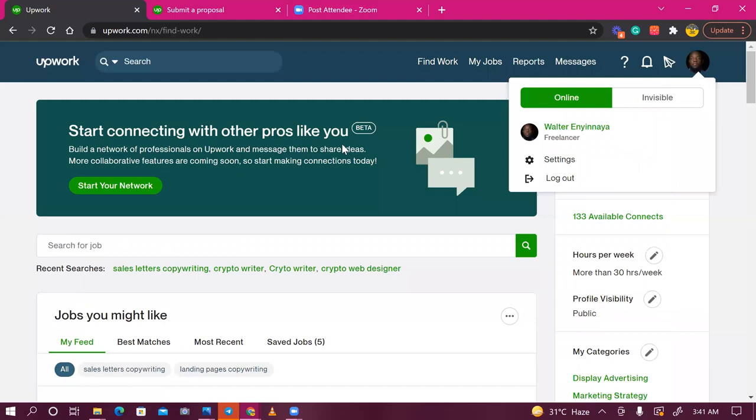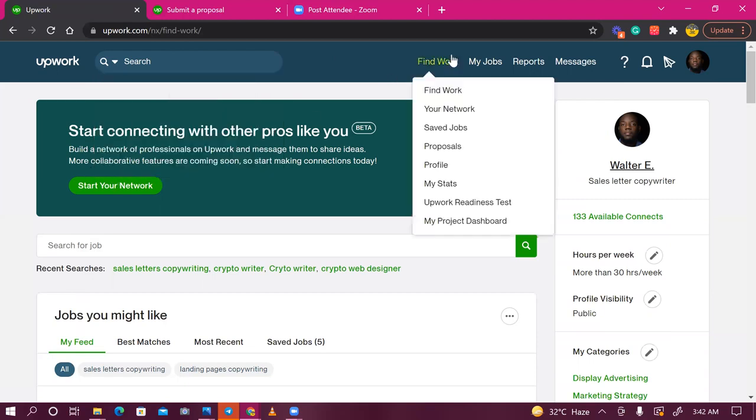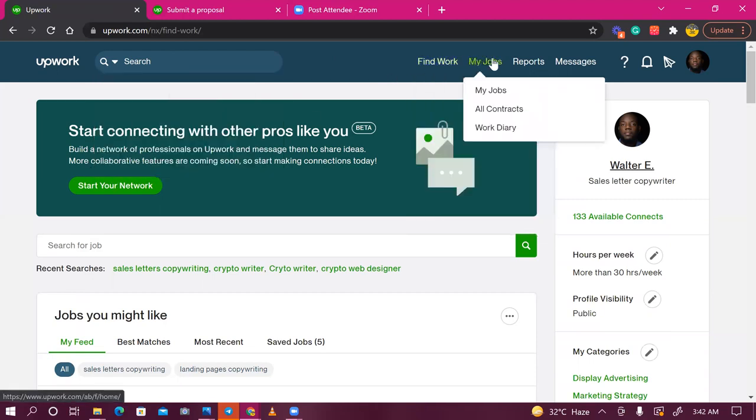Now, the last thing I'm showing you guys for this is quite simple. I don't need to show you guys how to use the search bar. I've shown you guys enough, right? It's basically, you can search for talents if you want to model after someone, or projects, or jobs. Simple as that. Now, the last thing I want to show you guys here is how to get your payments,